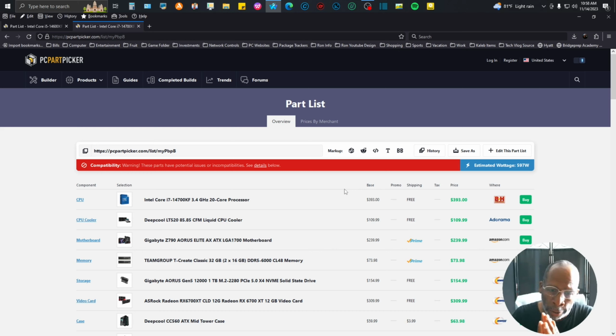This CPU will work on 20 cores and I think 32 threads. Oh, you can't go wrong with that. This processor is coming at $393 flat, and you can go ahead and pick it up off B&H. Deepcool LT520 AIO cooler coming in at